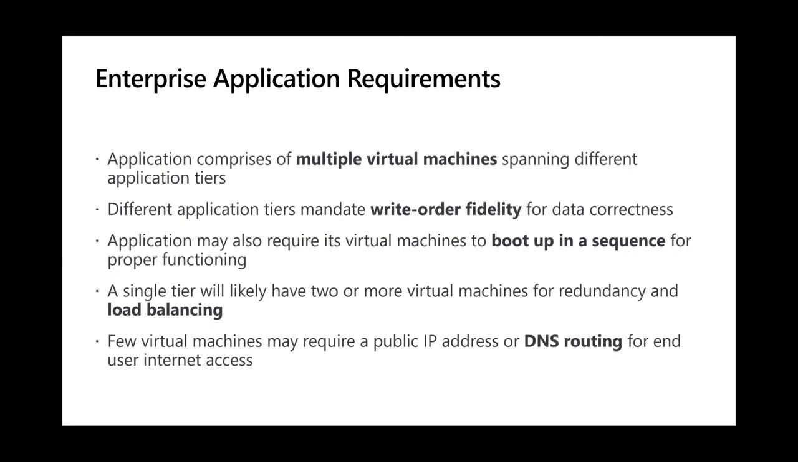Now, you may argue that any enterprise-grade application doesn't run on a single VM, right? You typically have multiple VMs spread across multiple tiers. And how do you configure disaster recovery for an application like that? You would ideally want to sequence the failover of your VMs to make sure that they are up and running in the disaster recovery region. And you also want to maintain the right order fidelity. You might want to add things like load balancers. You might want to do DNS routing. So there are a number of bells and whistles that you need to worry about when it comes to application-based